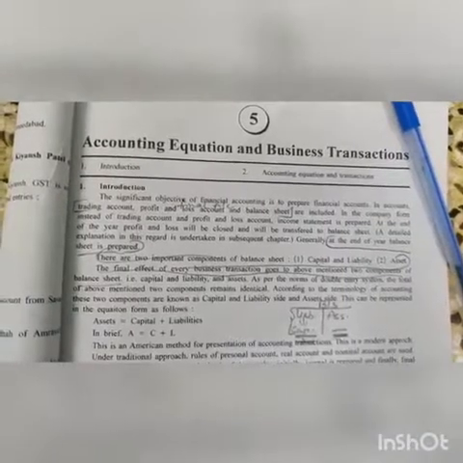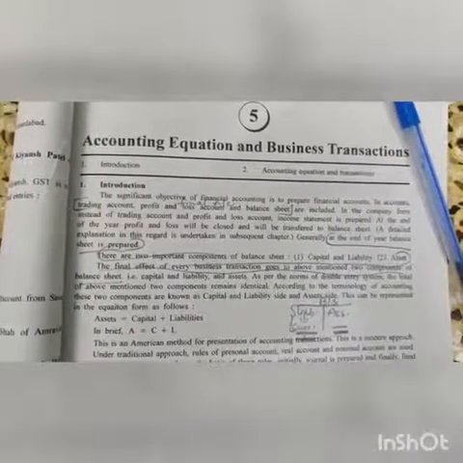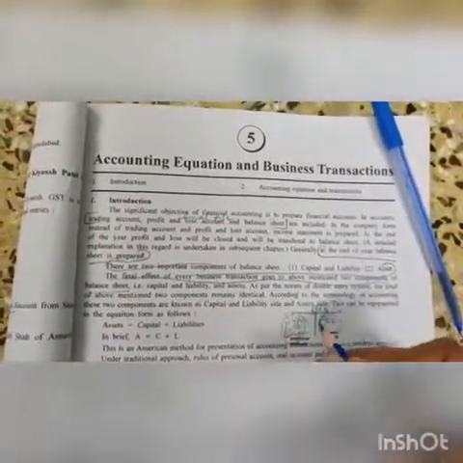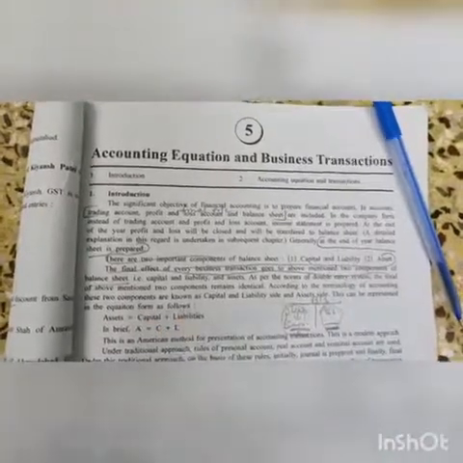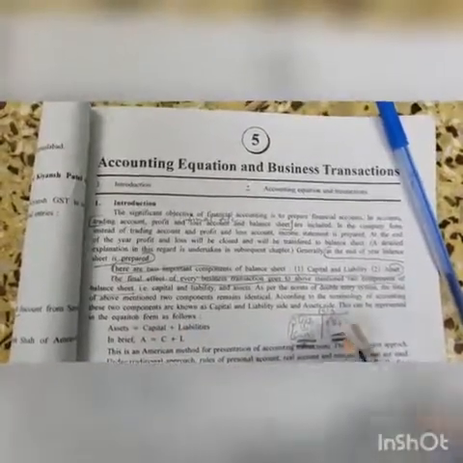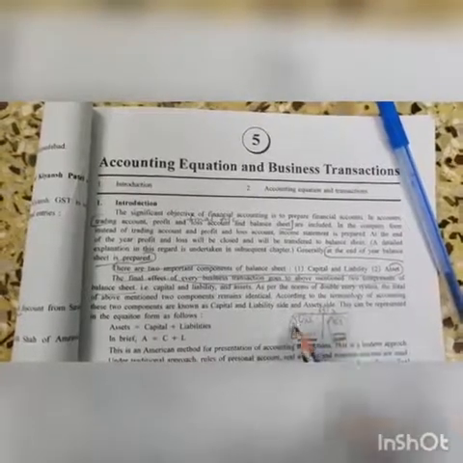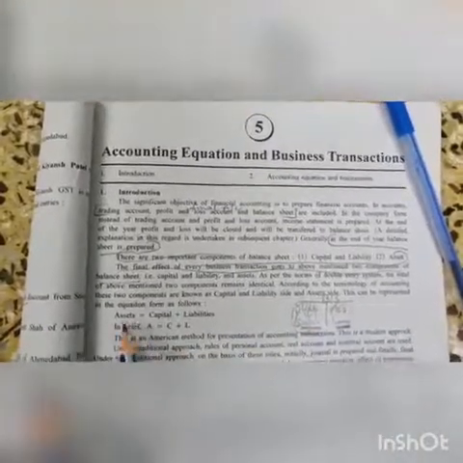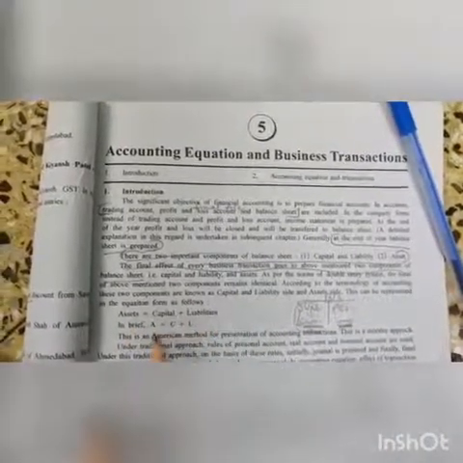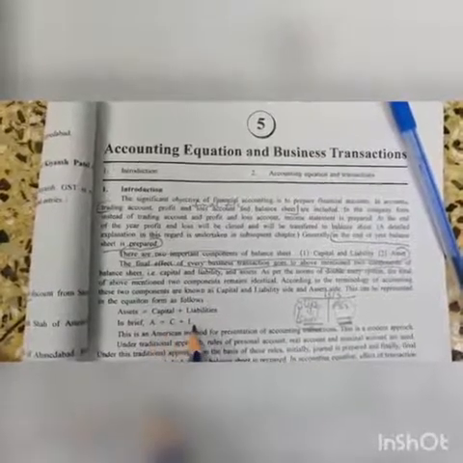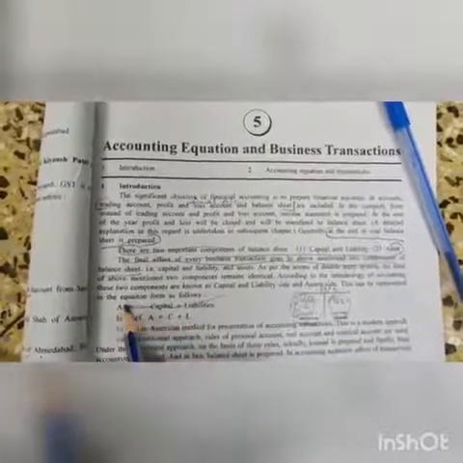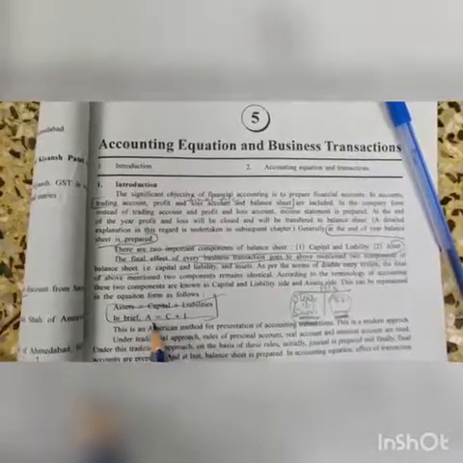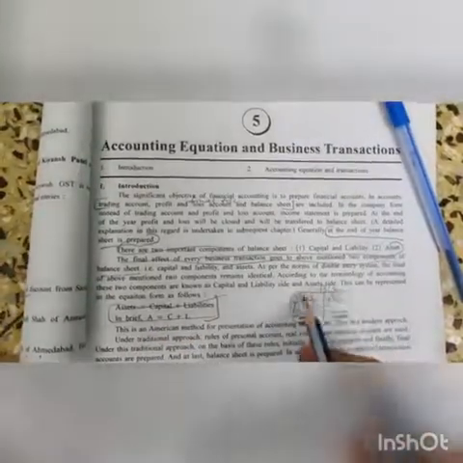According to terminology of accounting, these two components are known as capital and liability side and asset side. So this is your liability and capital side and this is your asset side. This can be represented in equation form as follows. See, this side, that is right hand side, only asset is there, whereas on the left hand side two items are coming in balance sheet, that is liability and capital. So what is the equation we are getting? Asset is equal to capital plus liability. In brief we can write, A equals C plus L. Clear? So remember this thing, that asset is equal to capital plus liability, and in brief A equals C plus L, and this is the actual balance sheet, how it is prepared.